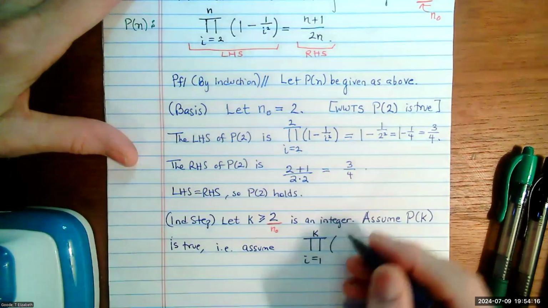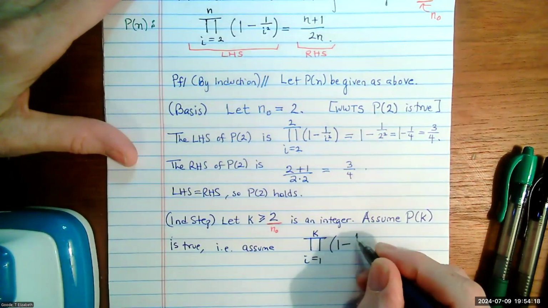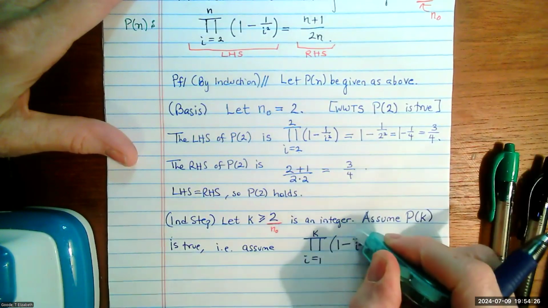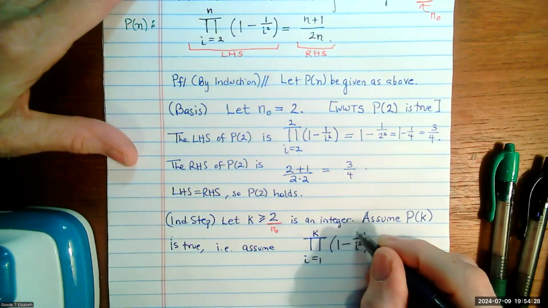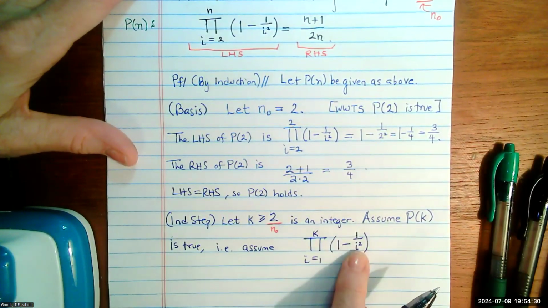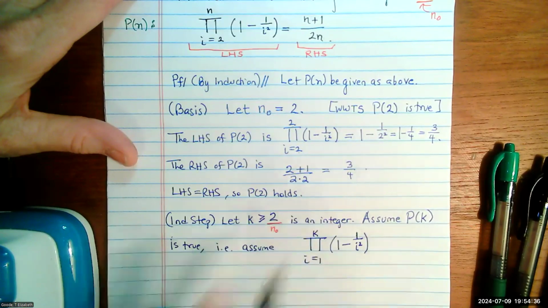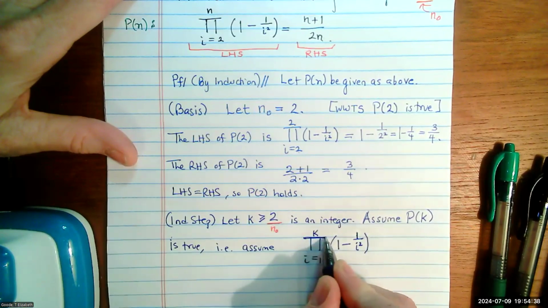Now here, we're still using an I for the term. The term is 1 minus 1 over I squared. Okay, so that's the actual term expression. We don't put a k here. We need this I because we need this to represent a product. It's a product